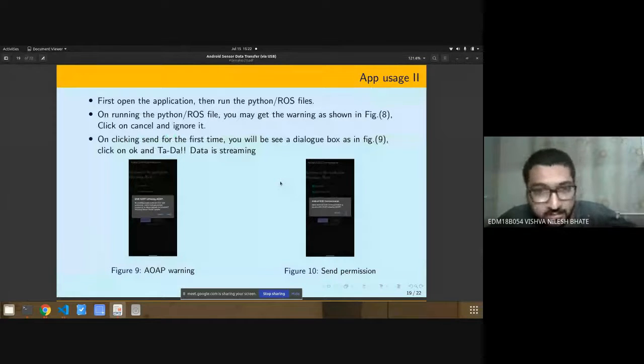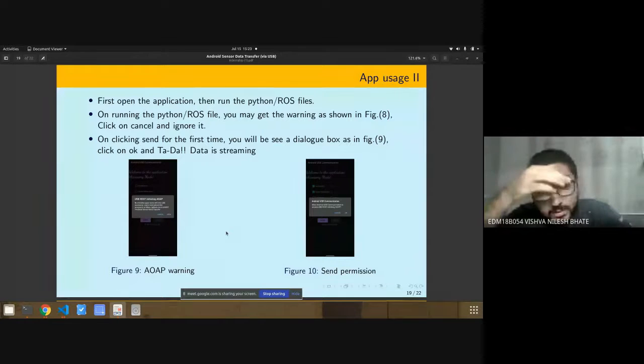Once your device goes into accessory mode, here are a few things you need to know. You will get this warning over here: USB host initiating AOAP, and all these things are defined in the device descriptor, which I just showed you. This warning comes up because Android doesn't know that there is an application on your device which requires the accessory and will be using this USB connection for data transfer.